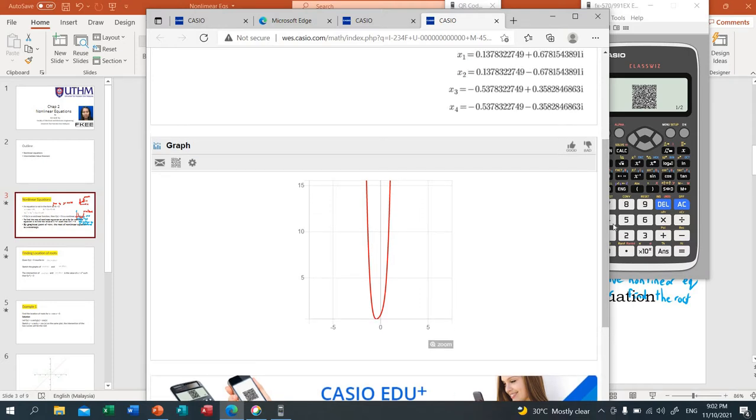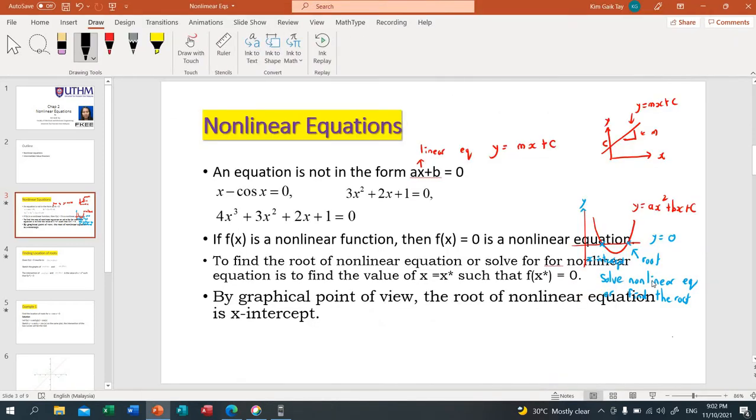If you have real roots, you should see 4 x-intercepts there. Okay, so this is roughly the idea. What is a nonlinear equation? Solving a nonlinear equation is actually finding the root of that nonlinear equation. As long as the equation is not linear, it is nonlinear. If f(x) is a nonlinear function, then f(x) = 0 is a nonlinear equation. To find the root of the nonlinear equation,